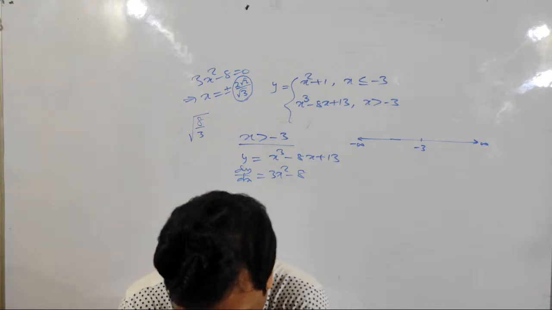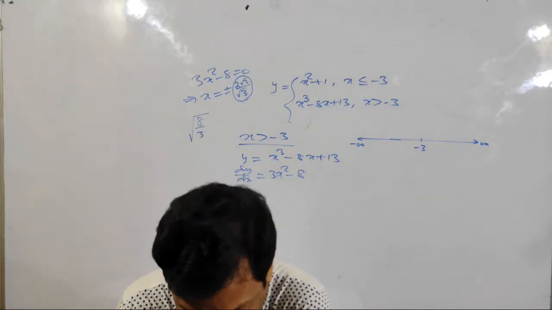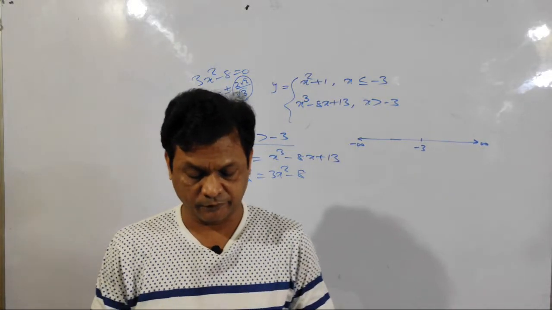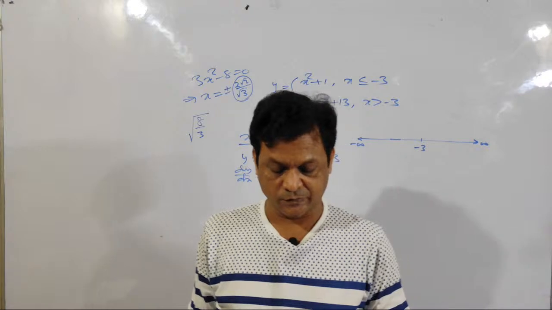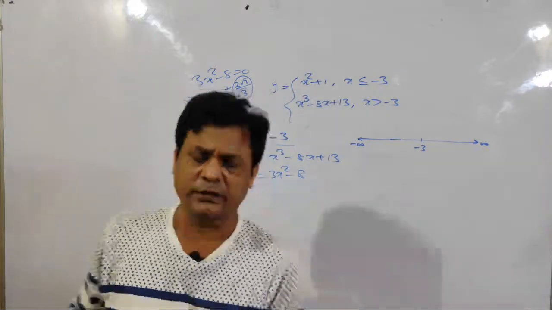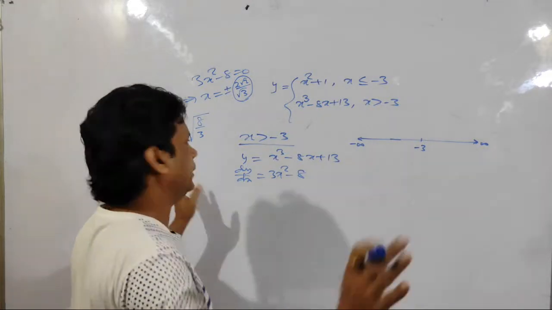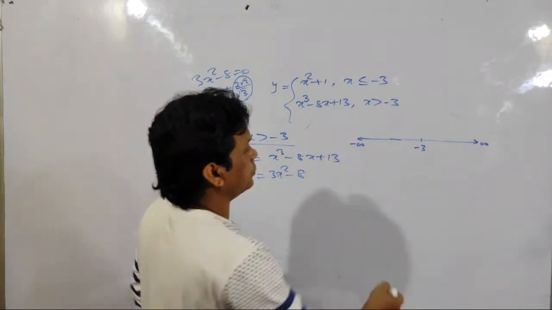Root 2 by root 3, but I want the decimal value. Who can tell me what is the decimal value? Please tell me. 1 point something. Okay. So let us imagine 1 point something. It will lie between 1 and 2. Let it be there. So see here. So between 1 and